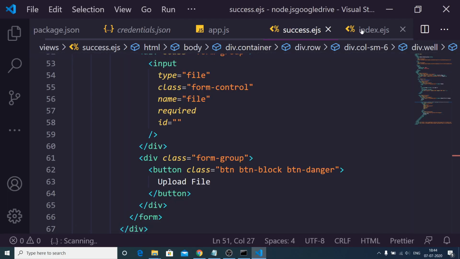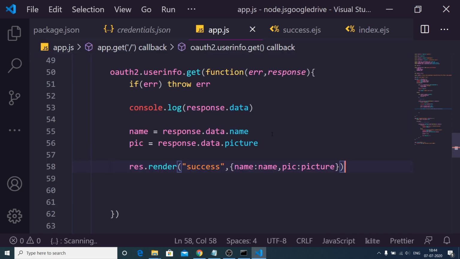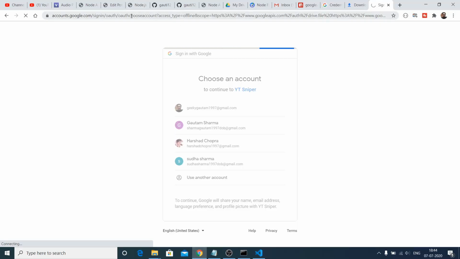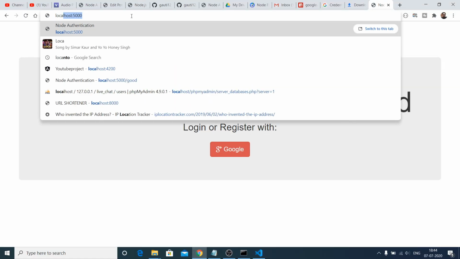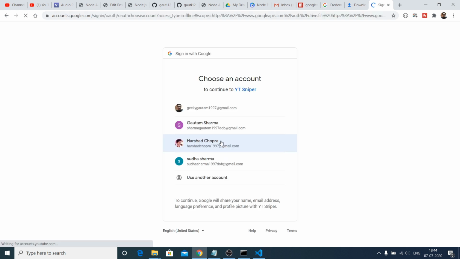Just wait, go to your app.js file. Oh sorry, this needs to be pic. So that is my problem. So once again, if I click the Google button, if I select this account,